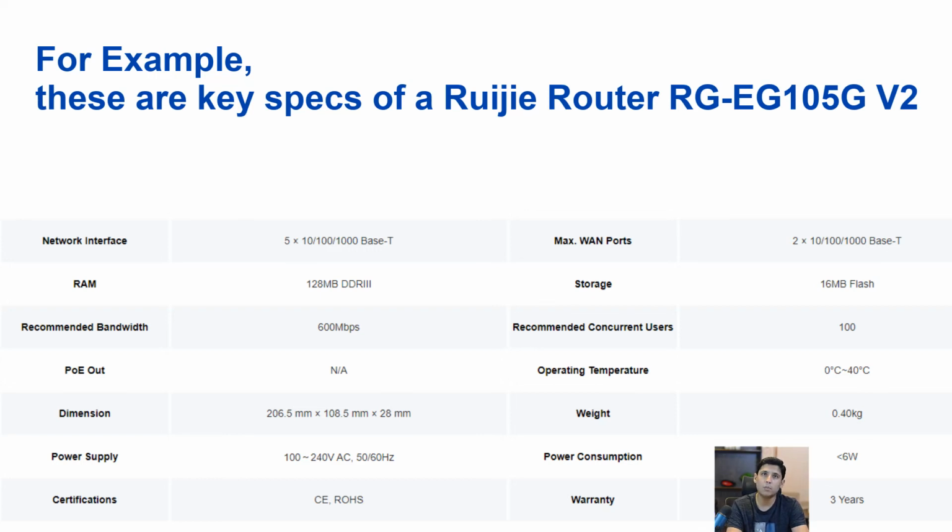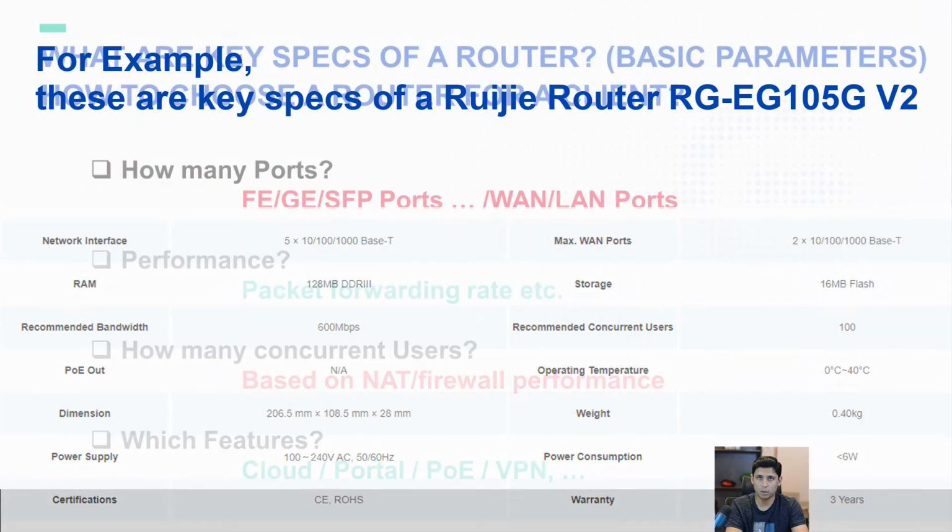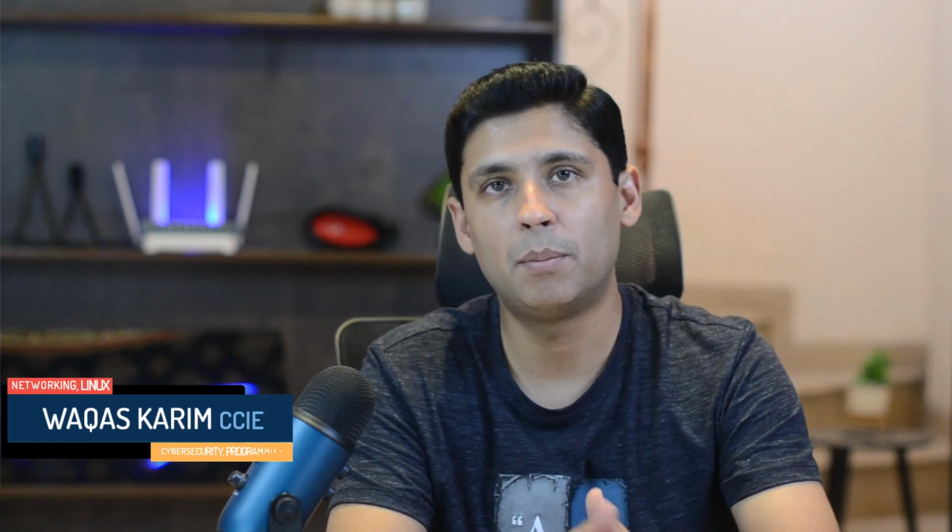Do they want PoE ports as well? Do they want VPN with the routers? How many VPN tunnels do they want? So depending on their requirement, we can suggest which features they need. So in this way, we can decide on a router, for example, number of ports, performance, how many users, which features are required, and then we decide the router model from our Ruijie catalog, from our Ruijie product family,